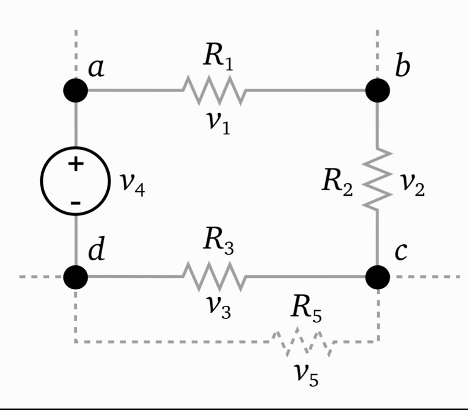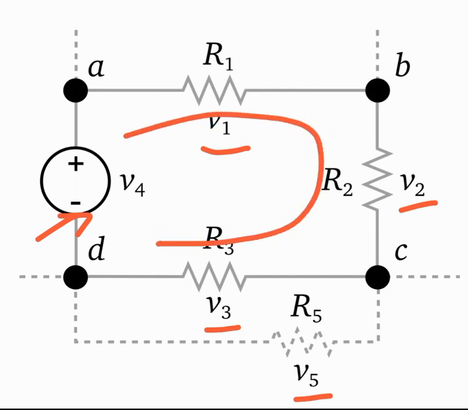Now in the network shown in the figure, you have the voltage drop across R1 indicated by V1, voltage drop across R2 is shown as V2, across R3 it's called V3, across R5 is called V5. Because you have this single voltage source, there will be a current that will flow into the circuit, and that current will pass through these resistors, and therefore according to Ohm's law there will be voltage drops across